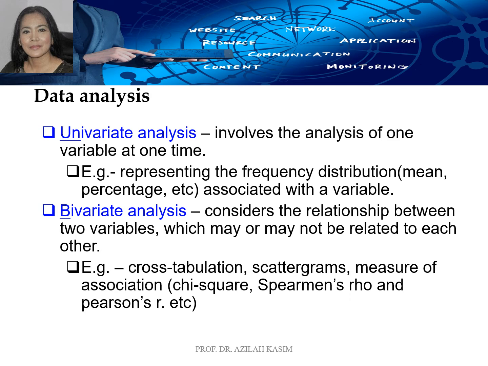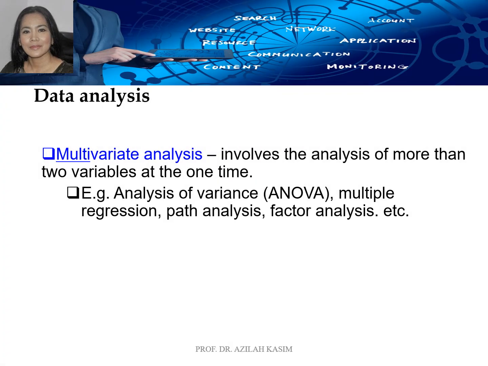So that's bivariate. We have univariate, bivariate, and of course, the more complicated one is multivariate analysis. Multi, as you know, means many. So this is a kind of analysis that involves more than two variables at one time. Examples will be analysis of variance, ANOVA, multiple regression, path analysis, factor analysis. All these can be done if you know how to do it using the SPSS